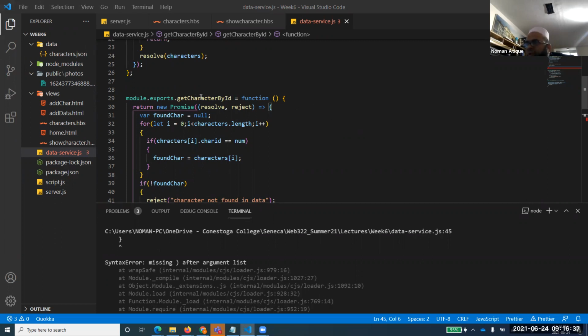Okay, one thing I've just forgotten. What is this num? No one has asked. This num will be the value that would be passed through. First of all, I missed that out because I'm just checking whatever number will be passed to this character ID, and it will just check over here. But right now, I have to look at which bracket I have just missed out.